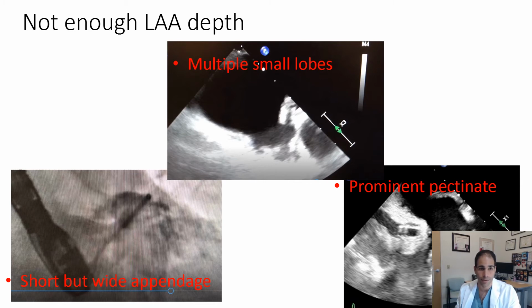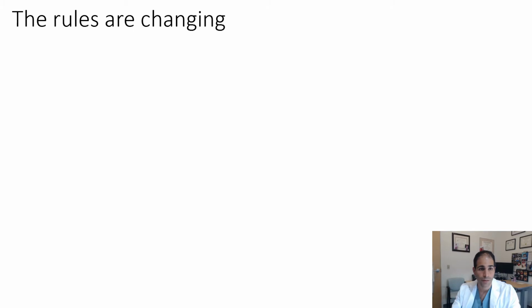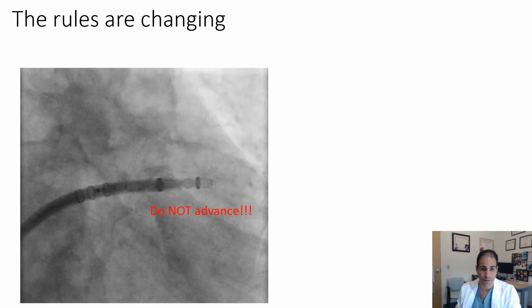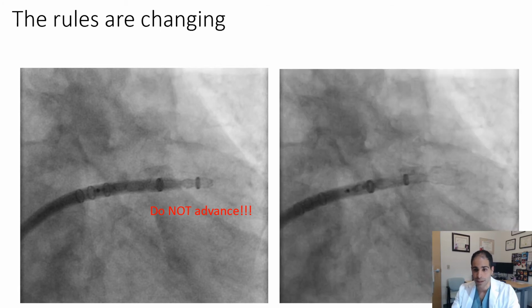occlusion in these anatomies. When I first learned how to do left atrial appendage occlusion, the typical teaching was that you needed as much depth as you needed width for your ostium of your appendage. However, that's not exactly true anymore. We were also told that you could never advance your delivery system and that everything had to be advanced over a pigtail. While that's a very important principle and is a safe practice, we have learned that once the feet